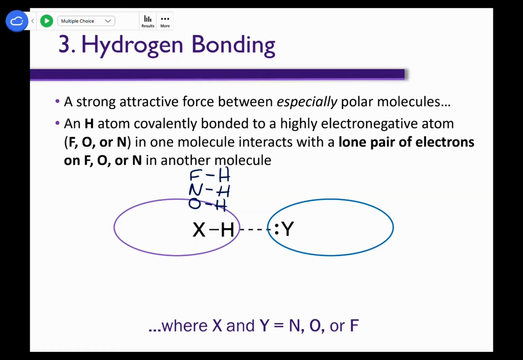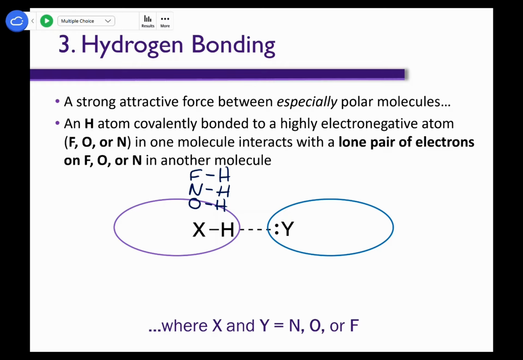Fluorine, nitrogen, and oxygen are so electronegative that when they bind to hydrogen, there's a very big electronegativity difference. We end up with a very polar part of that molecule, and it undergoes a special type of dipole-dipole interaction